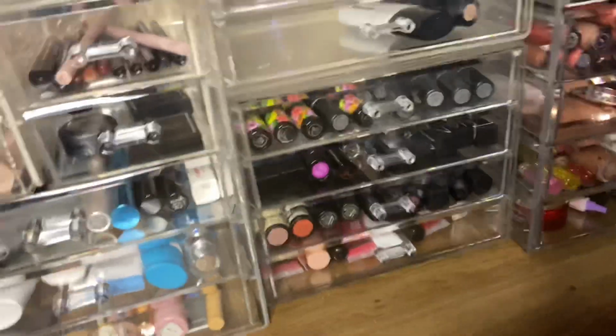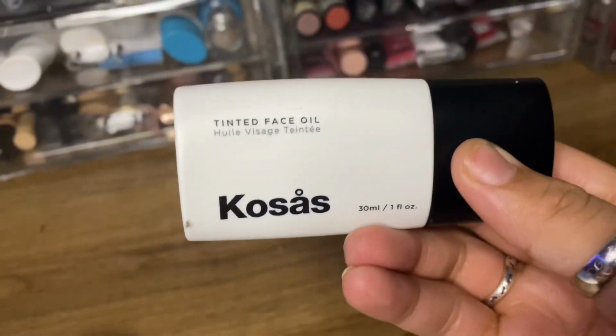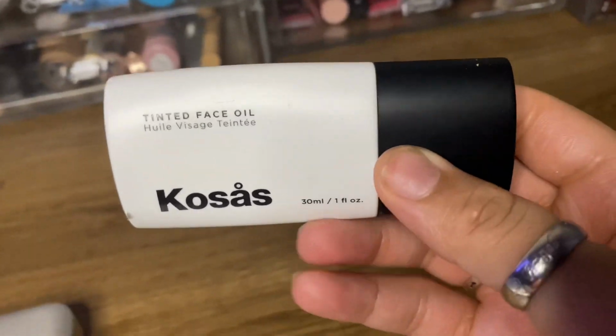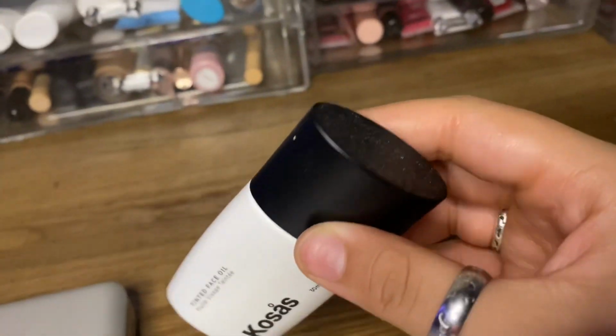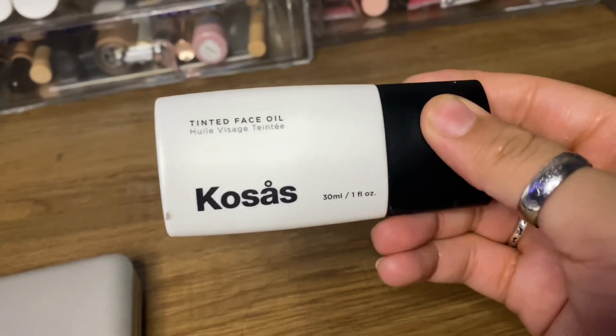Also, I'm gonna go back in here for a second because I want to recommend something else to you guys. This right here is a really good product. It's a tinted face oil. Now, I do have to say one thing about it. You do have to be very, very gentle with this product, because a little goes a long way,